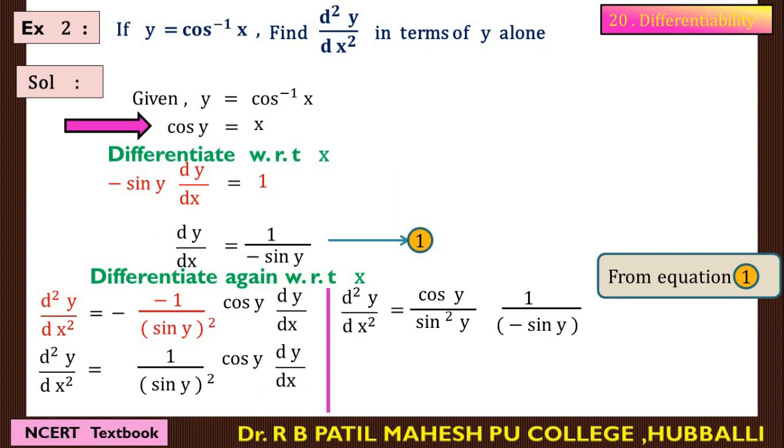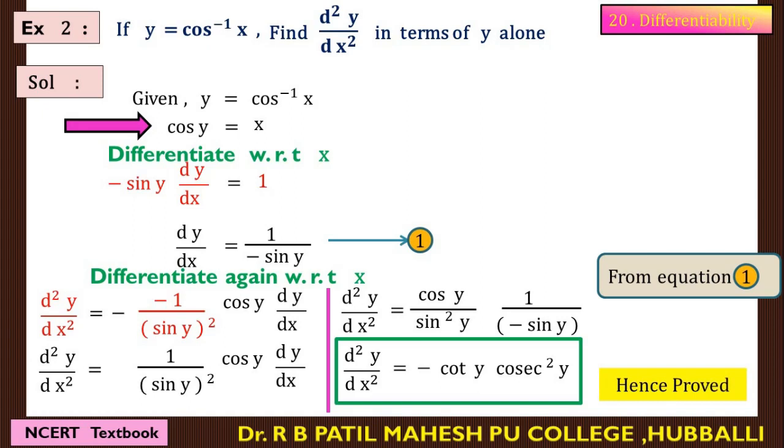So further simplifying this function, the double derivative is equal to cos y upon minus sin y, which you can write as minus cot y, otherwise you can multiply this sin y with the sin cube, and then 1 upon sin cube means cosec cube. In any manner you can keep the answer. Here I use the identity cos upon sin is cot y with the minus sign, and 1 upon sin square as cosec square y. So now the function is only in terms of the y variable. So this is the solution.